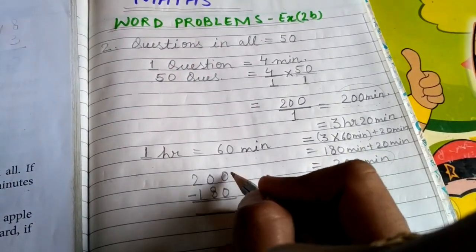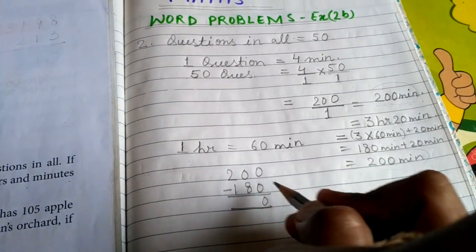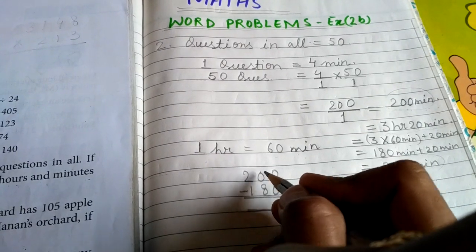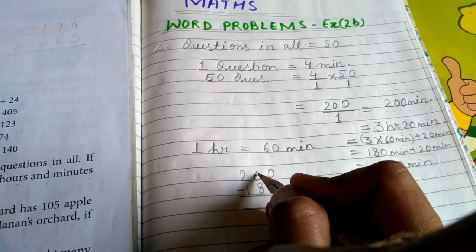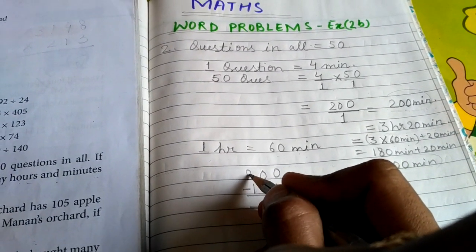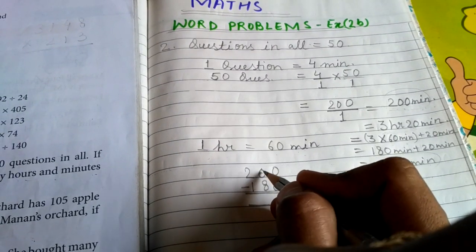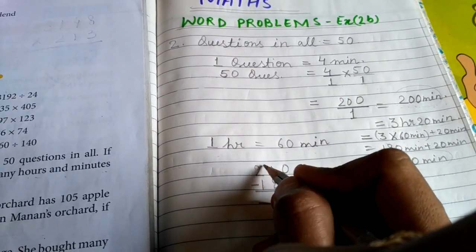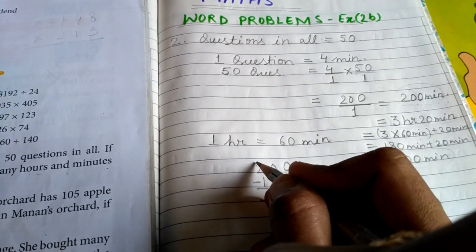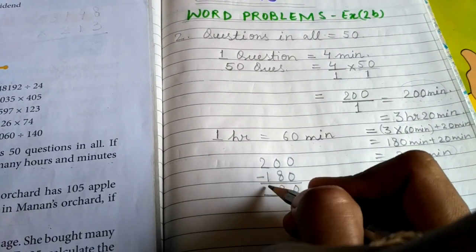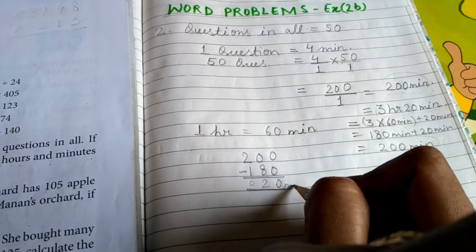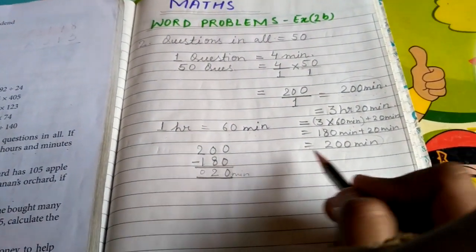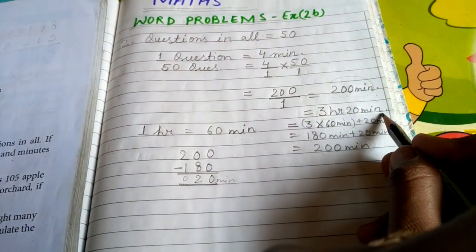And if we subtract, then what will we get? 0 minus 0, it is 0. Then 1 we will take as carry over from here. Earlier it is 0, so 1 is carried over from here. So it becomes 10. 10 minus 8, 2. And after giving the carry over, it remains 1. So 1 minus 1, 0. So this is 20 minutes. Okay. So this is the leftover 20 minutes which I have written here.